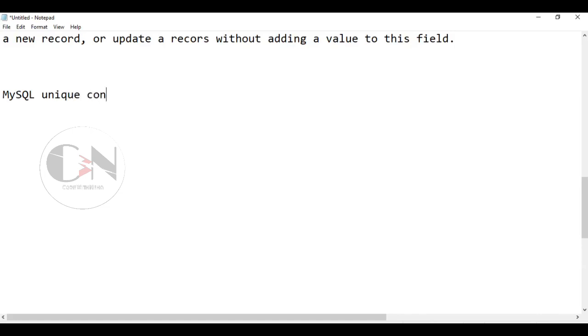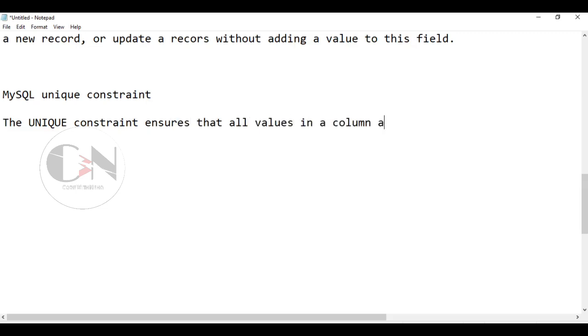Then coming to the MySQL unique constraint. The unique constraint ensures that all values in a column are different. Both the unique and primary key constraints provide a guarantee for uniqueness for a column or set of columns.